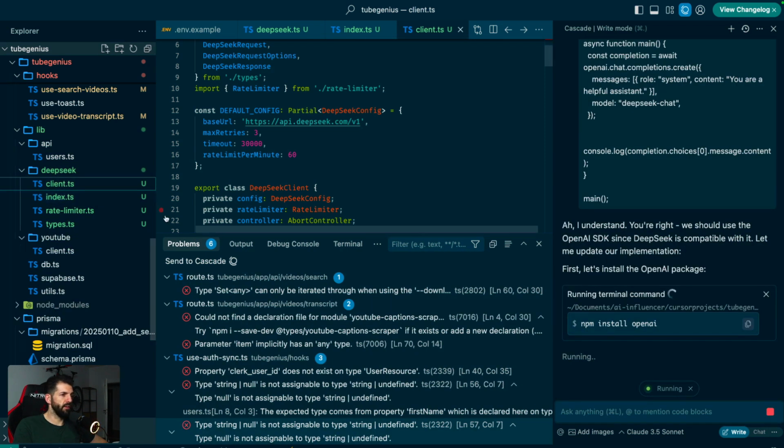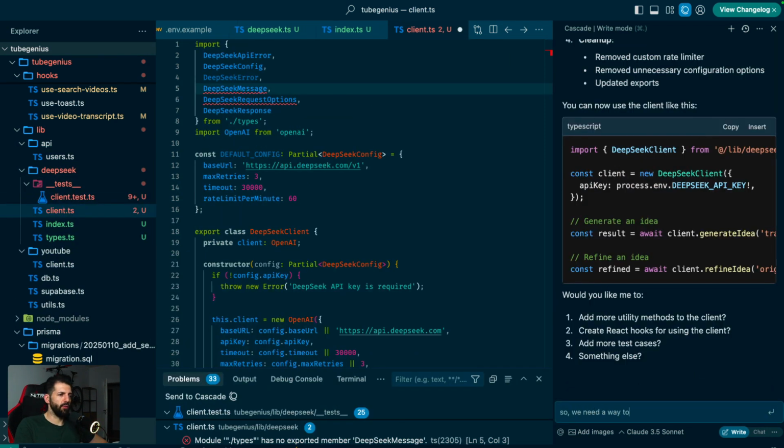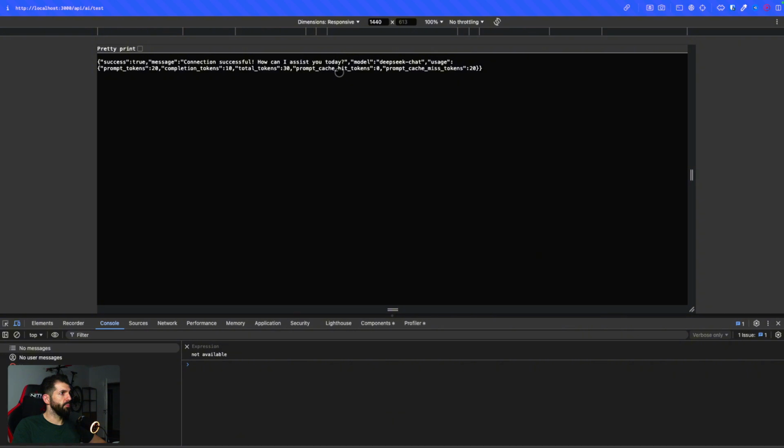Let's delete the test folder. We need a way to test the connection. Please tell me how to do it without using tests. We don't need this. And I will delete the... Okay, so it seems that it is working, because if I access the